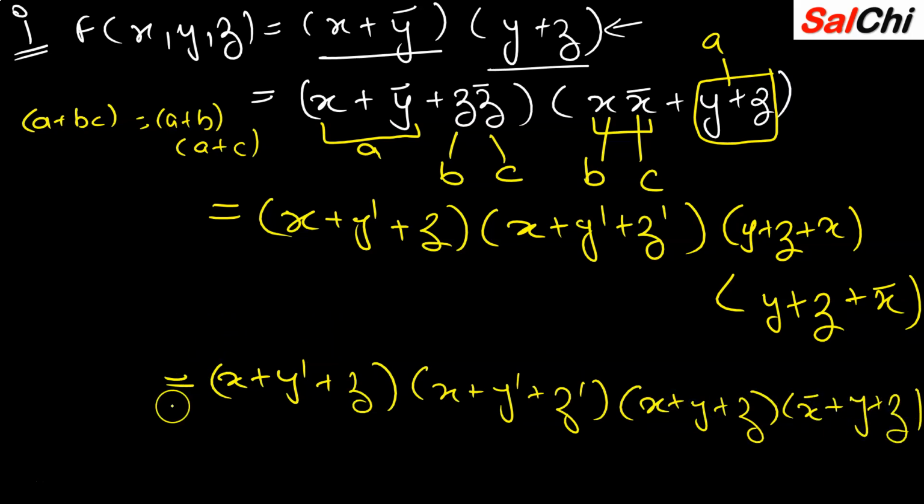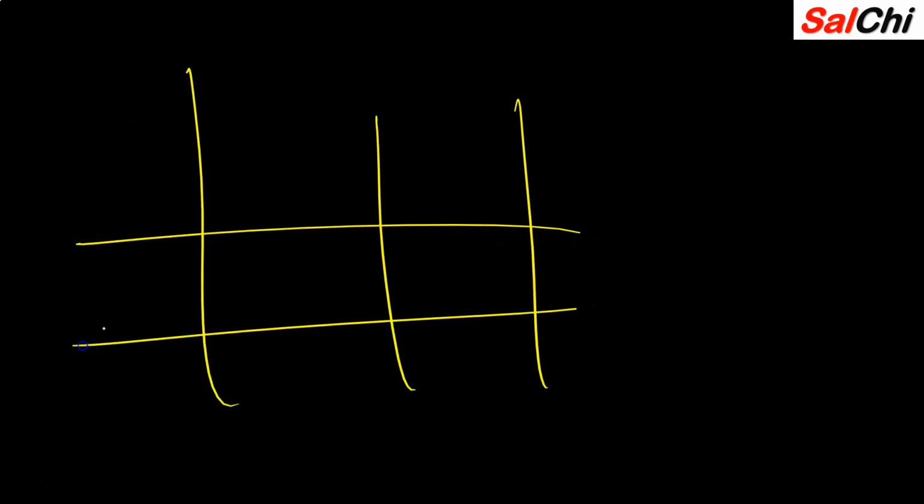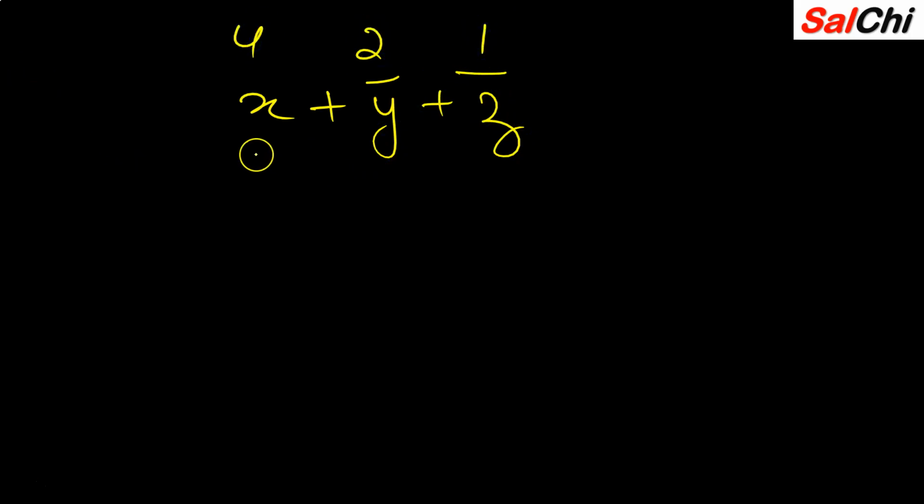Now I have to give them numbering for the canonical form. For the numbering, I have a trick for you. You don't have to draw the entire Boolean table and find the minterm and maxterm. I have a trick for you. So let's say it is X plus Y complement plus Z. In the SOP also I told you, just first number them 1, 2 and 4 and so on. So now here I have given them the numbers.